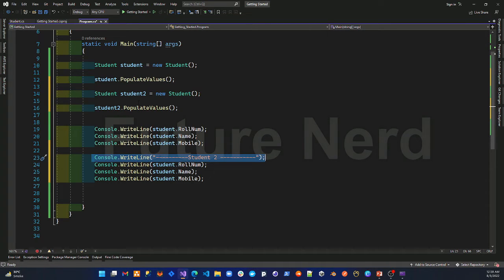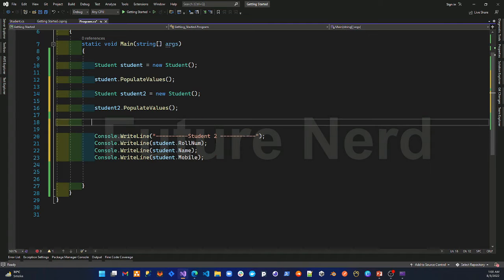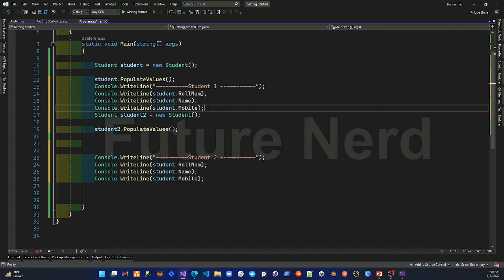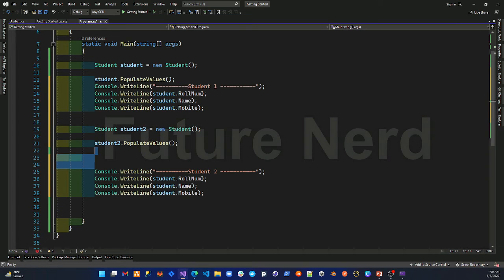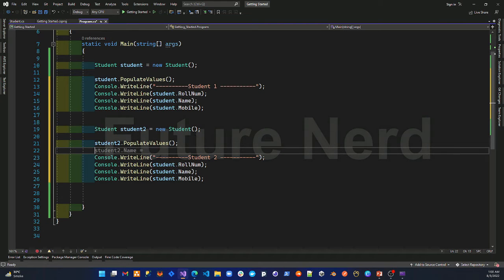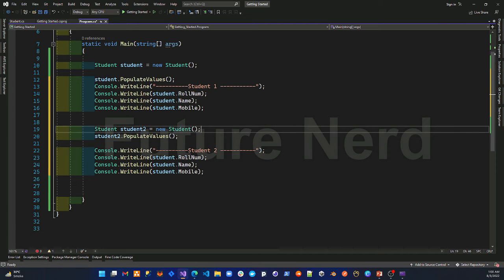Before that I would write student 1, and now I want to print the values. Before getting the values for student 2, I would put it here, and now you can see that